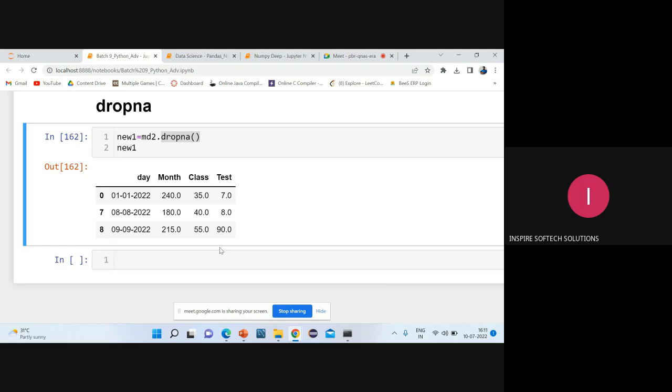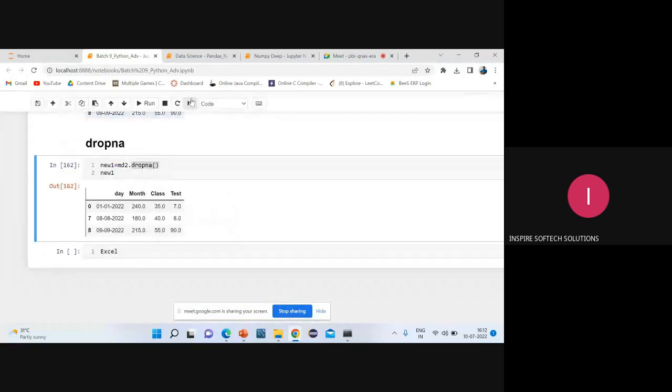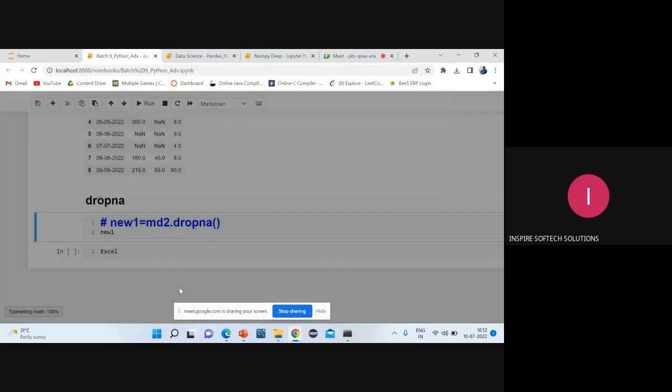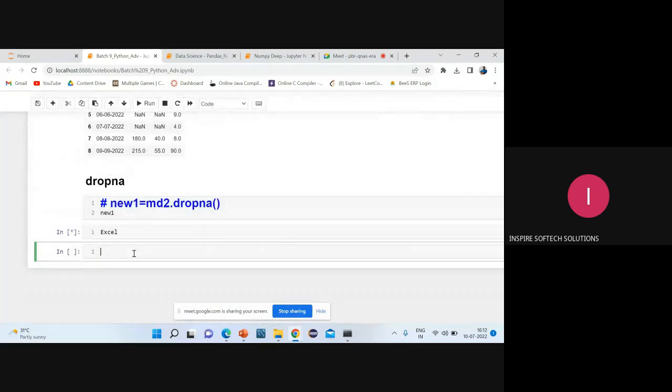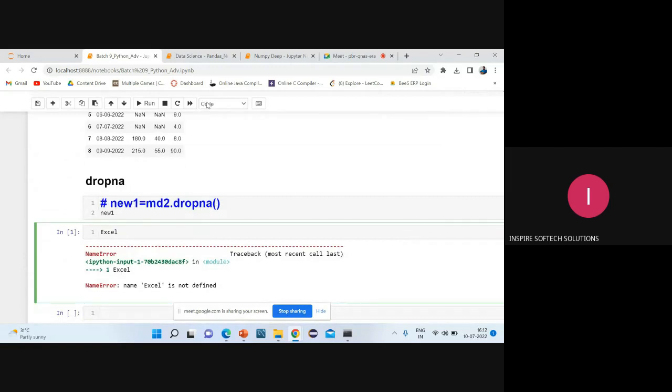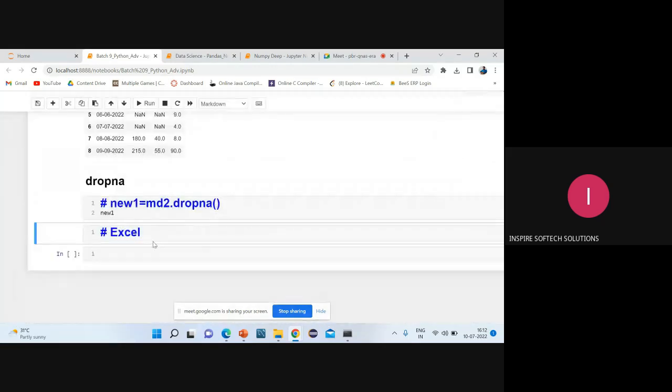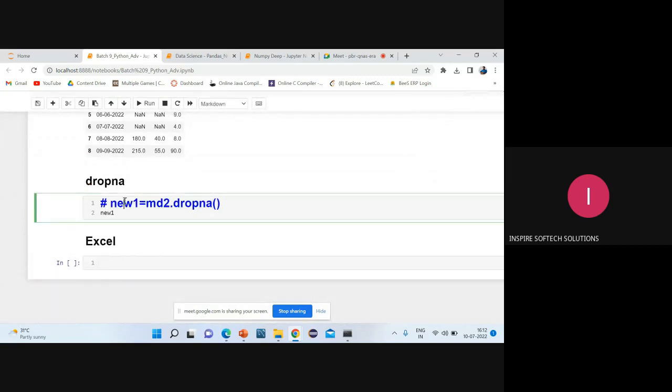Suppose you have an Excel sheet. If you have an Excel sheet, okay, so now I'll tell you about the Excel sheet. I'll put the content as Excel. So only one file type I'll teach you. Already it was only the CSV file, and yesterday I got one request: can you tell about the Excel sheet also? No issue, I'll tell you about the Excel sheet, because if people want to work with Excel, they can work with Excel.